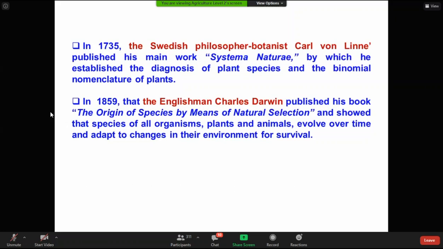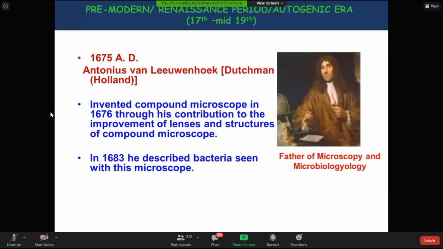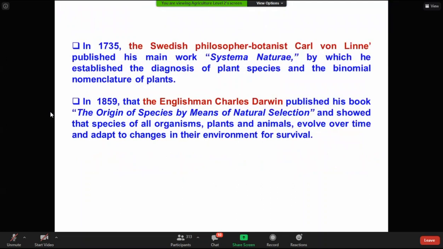These two things were basically proposed by Carl von Linné, the Swedish philosopher or botanist, in 1735. You see, 1683. Can you consider how many years? 17 means 50, after 50 years. You can say more than 50 years later, this philosopher or botanist. And you see, 1859, after a long time, 1735 to 1859, how many years? 124 years later, right? The Englishman Charles Darwin, you see, the Origin of Species by means of natural selection,